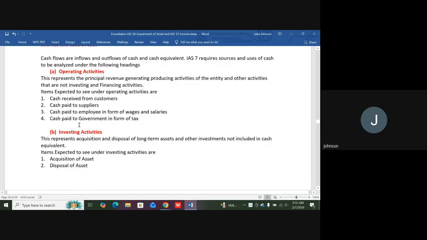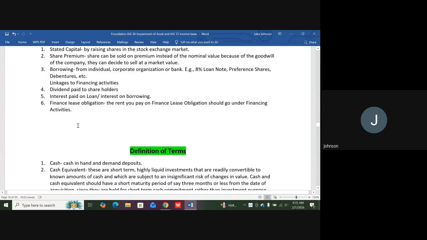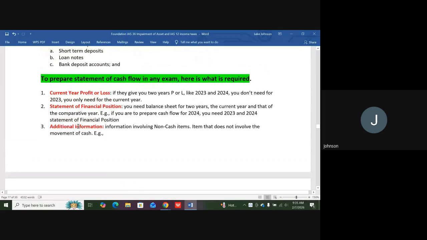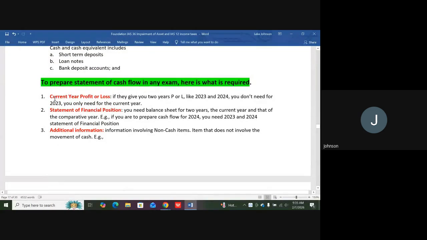Number one, I said we need the current year profit and loss. Profit and loss shows us income and expenses. What income did you make? What expenses went out? Your statement of financial position shows you your assets, your liabilities, and also your